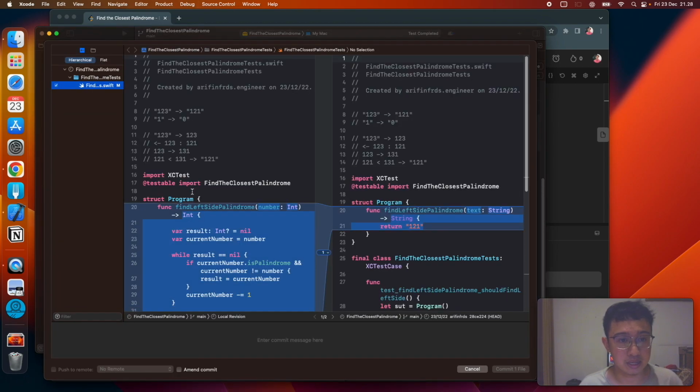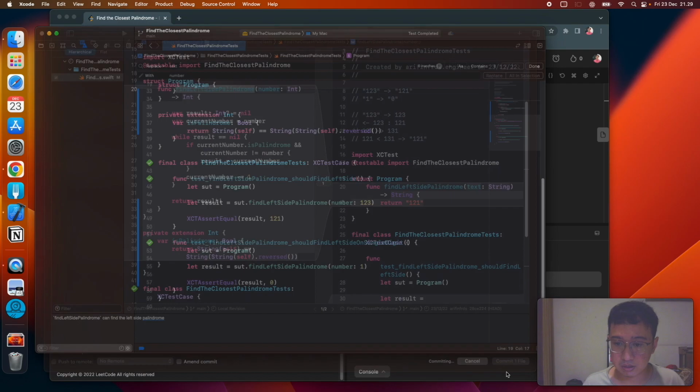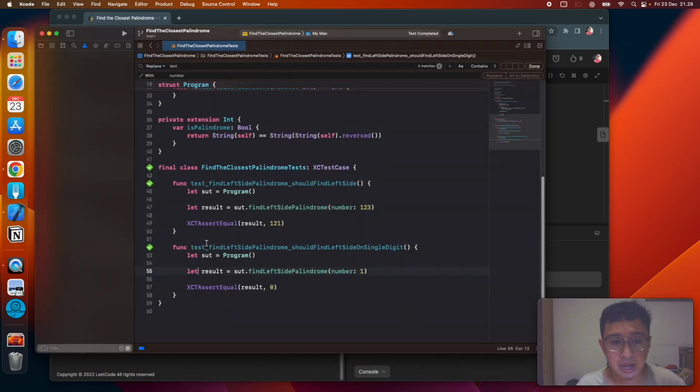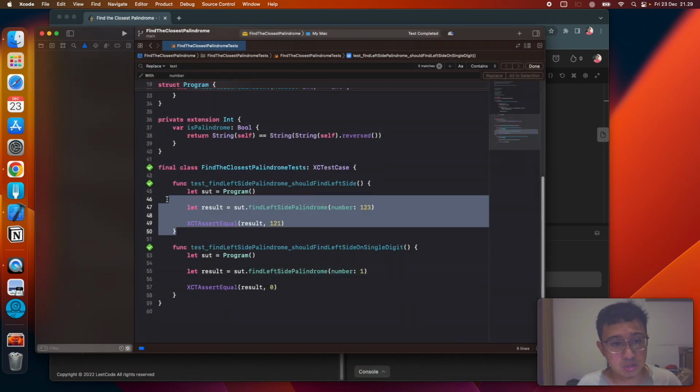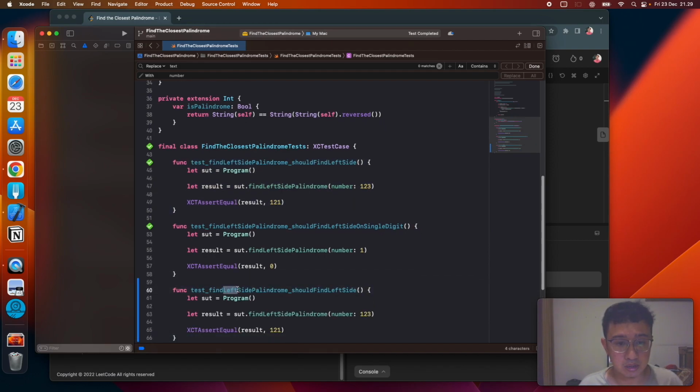Let's commit that we can find left side palindrome here. Can find the left side palindrome. Let's commit. And how about the right side? I believe I should do that test as well, and this should be like find right side palindrome, and from